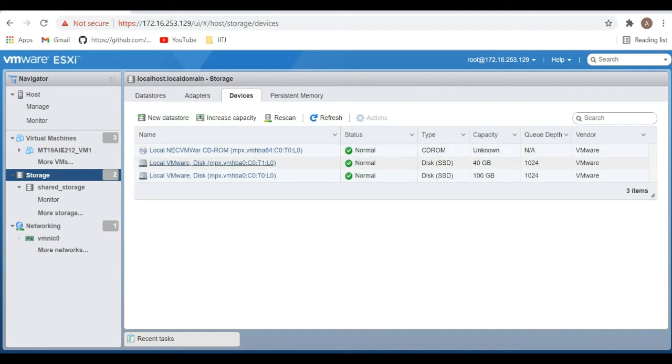This 40 GB of storage can be used to increase the capacity, or can be used as a shared drive across all of the three VMs. So as we see this 40 GB being added, I will leverage this extra hard disk to leverage the shared drive across the whole three VMs.